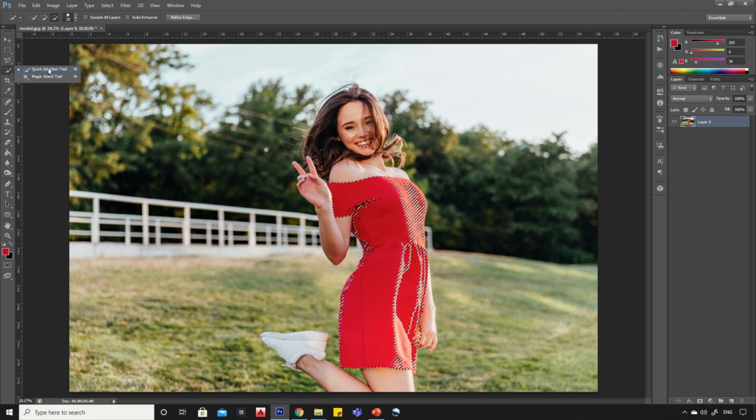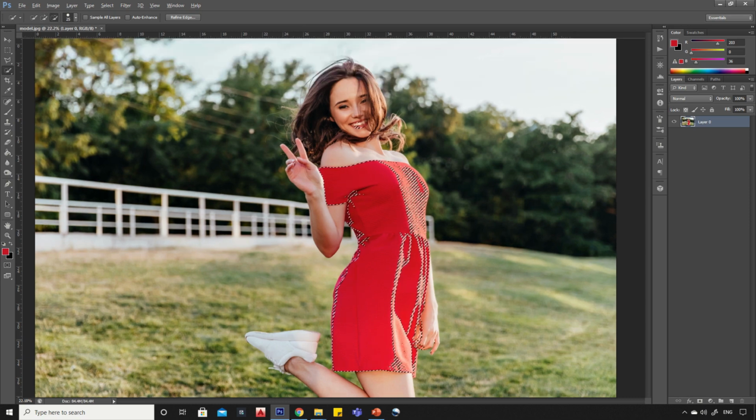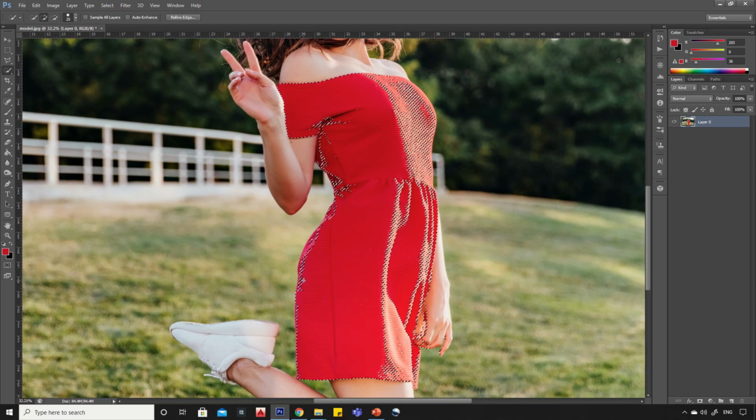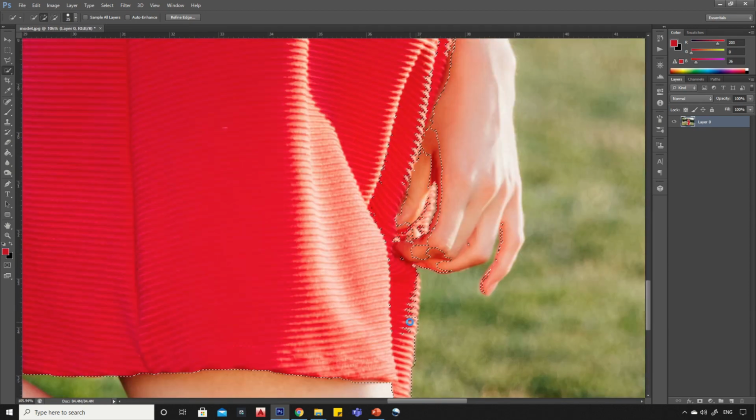Now, select the Quick Selection tool, then make a proper selection of the cloth. Make sure the selection is very precise for better results.